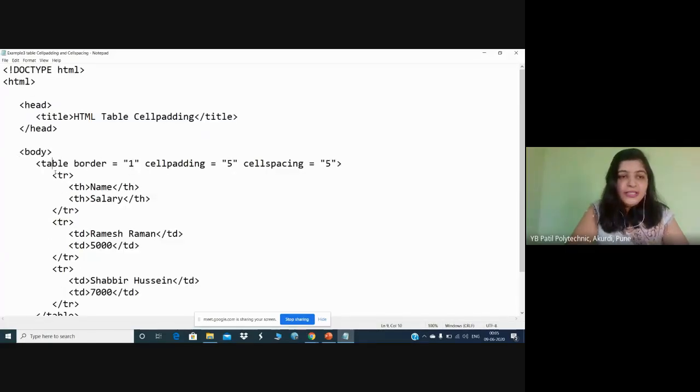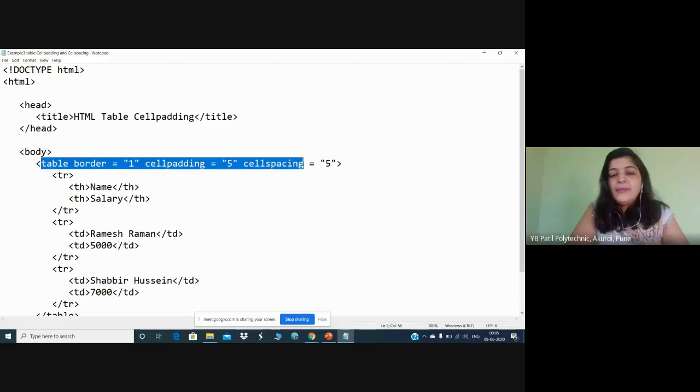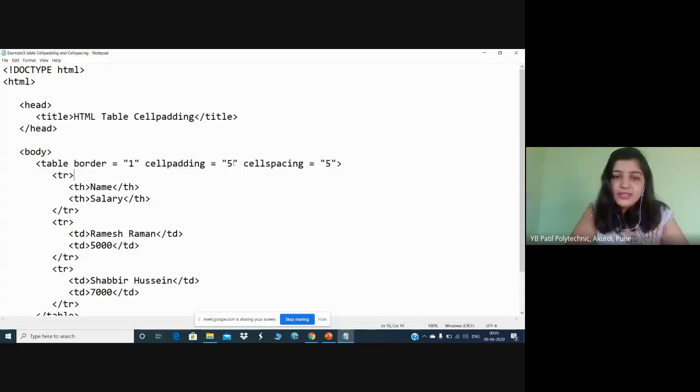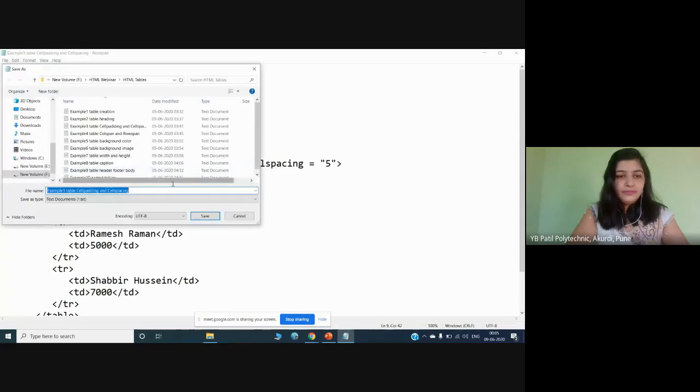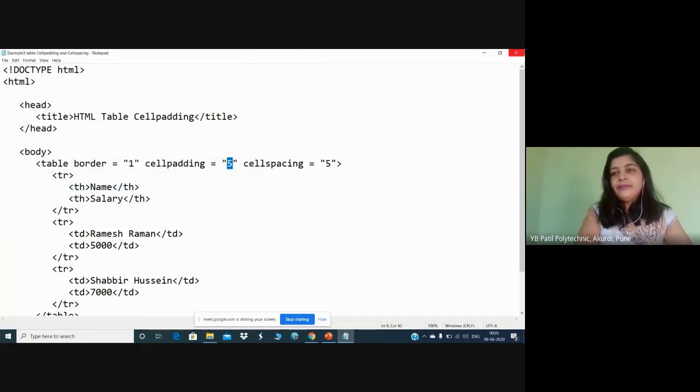So this is the syntax for using the cell padding and cell spacing attributes. You can specify how much size should be displayed on your table. Okay, so let's run this also. Save with .html. Click on save.